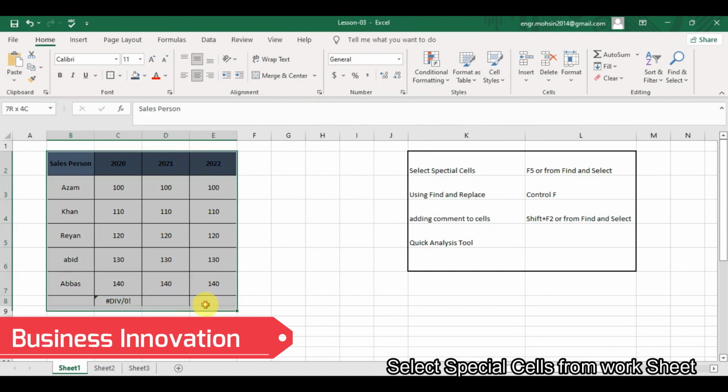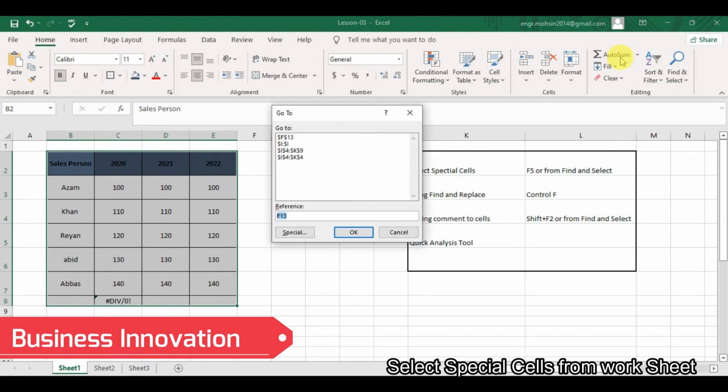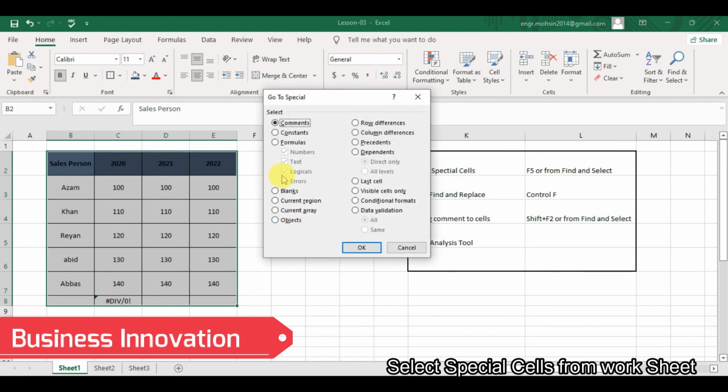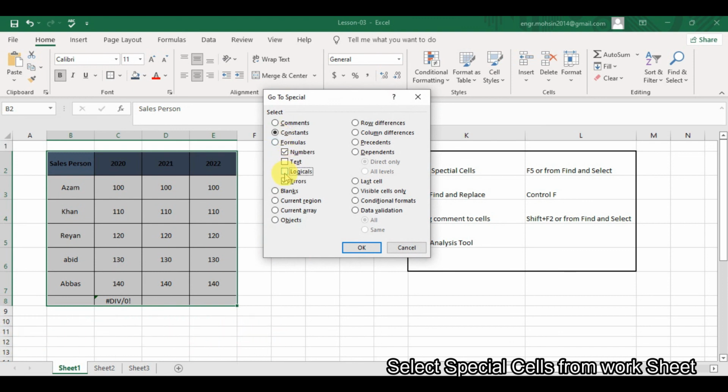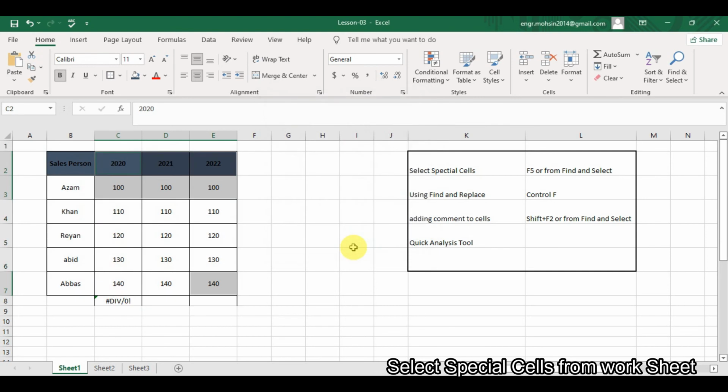Same if you want to select the text: F5, go to special. If you want to select numbers, you can select the numbers also. So these numbers are selected. These are only the numbers and these are the formulas. So you can select the formulas also.